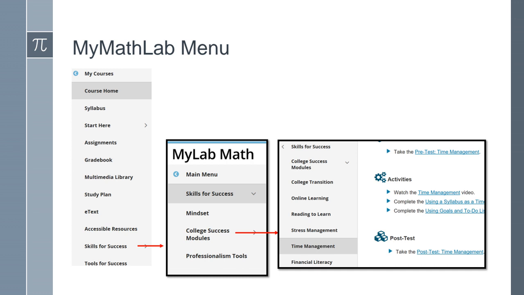Again, they're based for our college classes. We have things for college transition, for online platforms, for reading, for stress management, time management. You have a whole bunch of skill resources and activities that you can work out to help you be a better student.